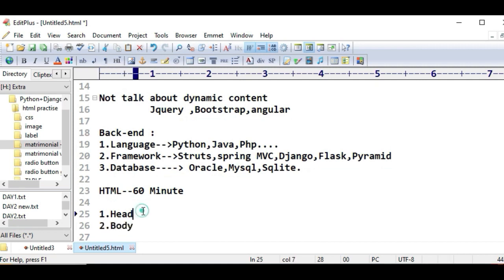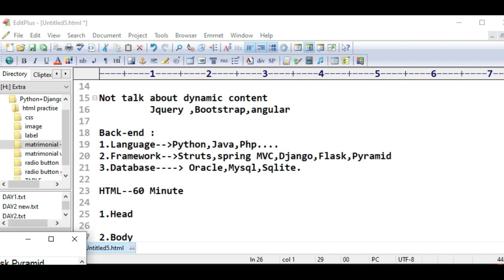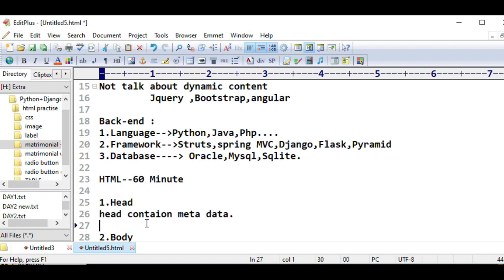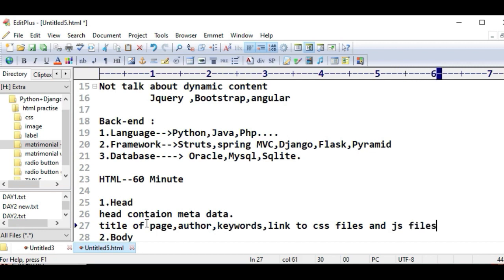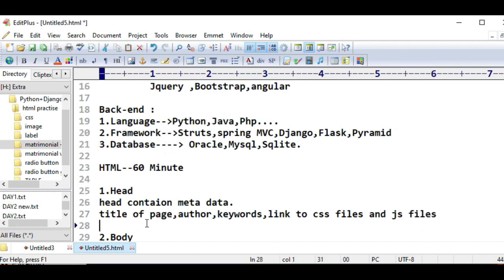The head contains all the meta information, like the title of the page, author name, about the author, keywords, and links to CSS files and JavaScript files. This is all about the head part.